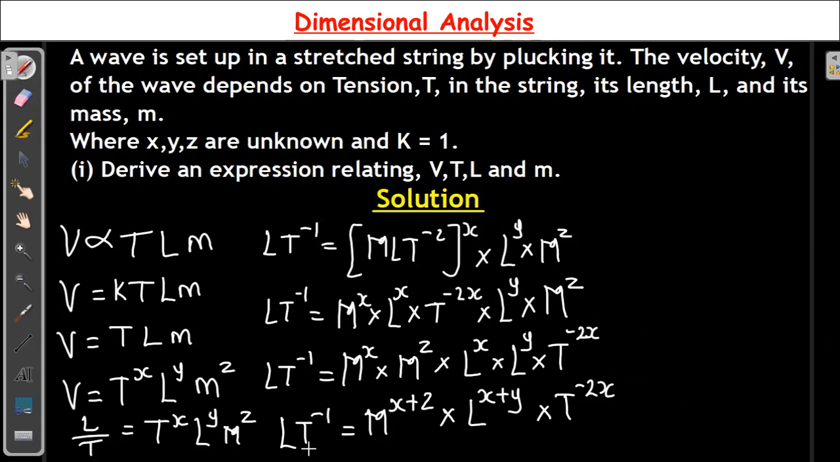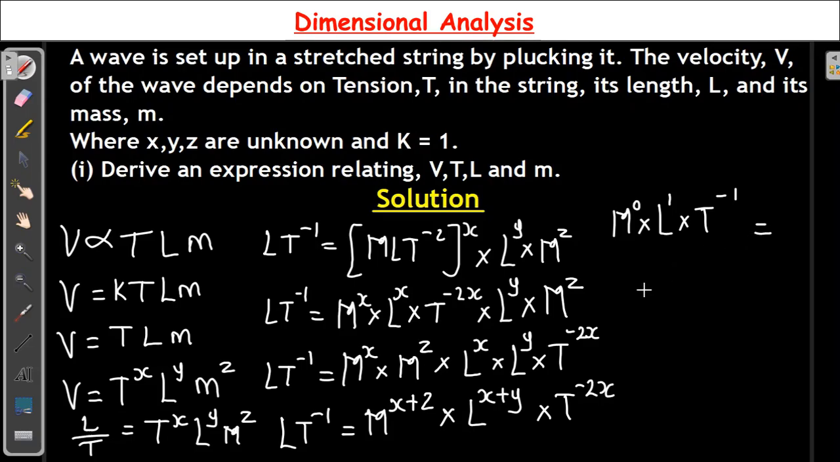Now, looking at both sides of the equation, we have m here, we have l here, we have t here. We have l here, we have t here. We do not have m on the left-hand side of the equation. So we'll bring it in, but we'll raise it to the power of 0, because anything to the power of 0 is 1. So m to the power of 0 times l to the power of 1 times t to the power of minus 1